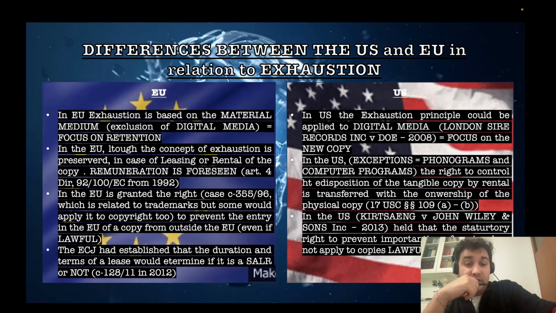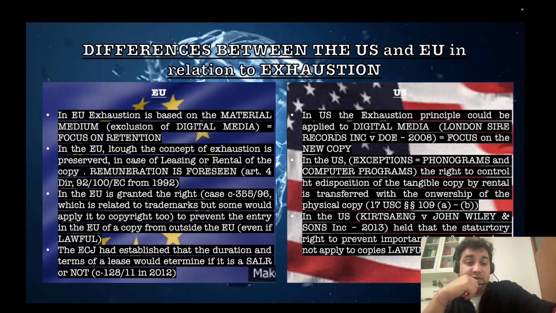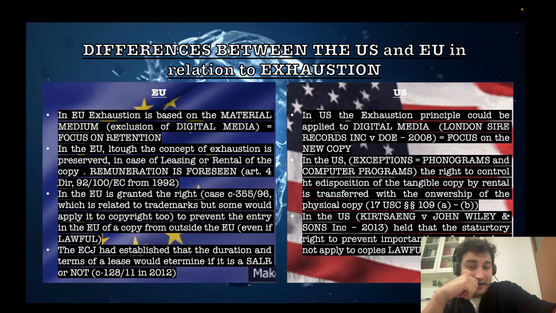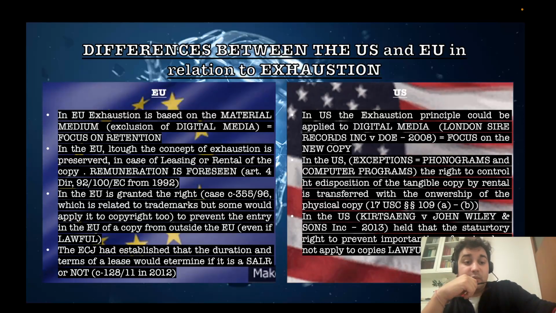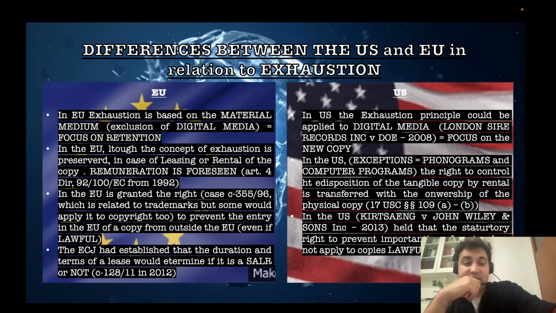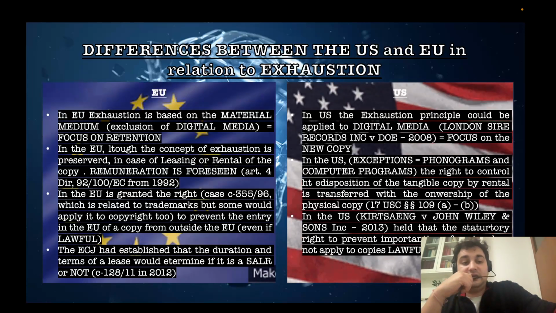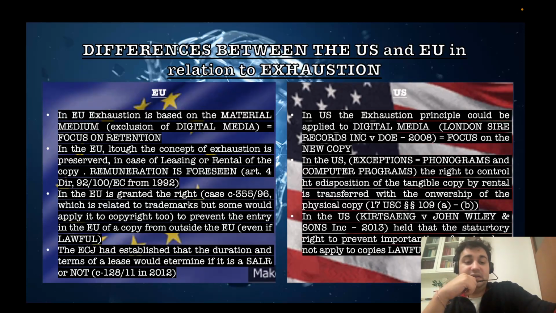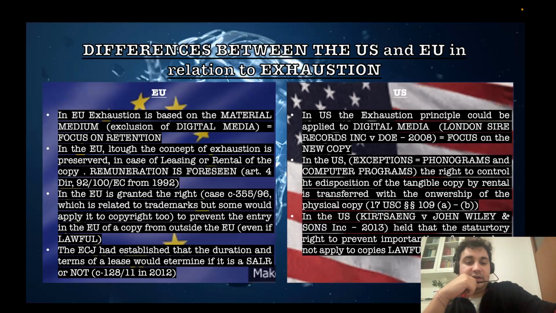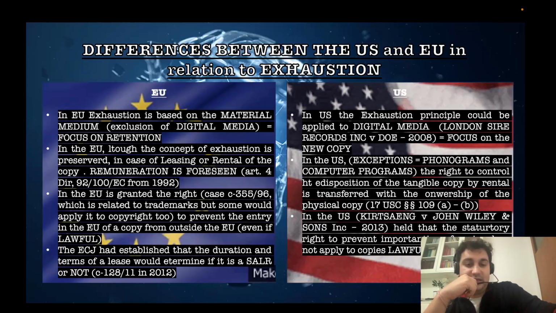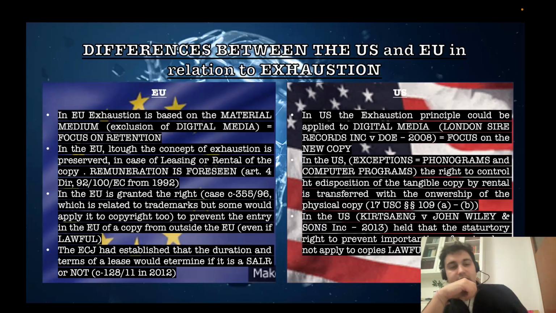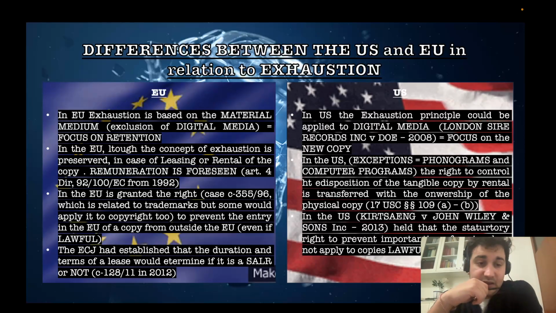In the European Union, although the concept of exhaustion is preserved, in case of leasing or rental of the copy, remuneration is still foreseen. This is by Article 4 of Directive 92/100/EEC from 1992. In the European Union is